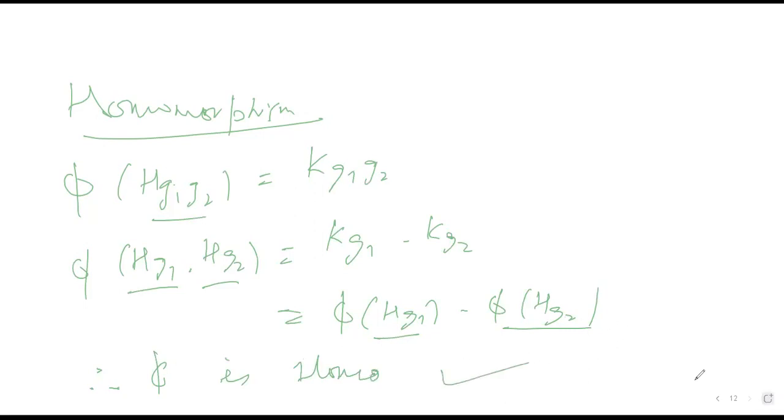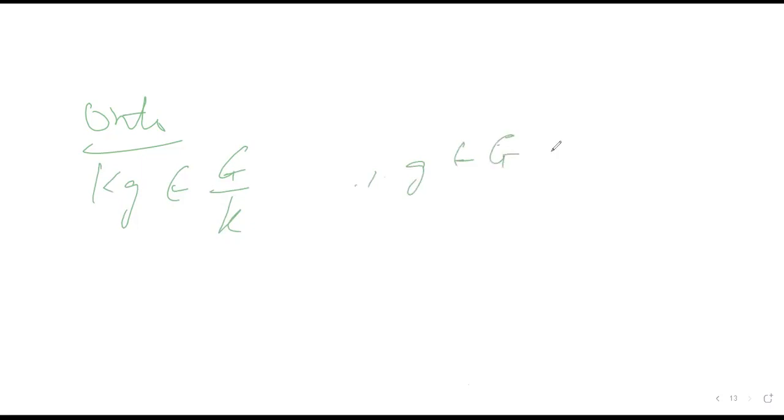Pretty simple, no brainer. Now I have to prove onto. This can be a little taxing because you have to write a statement and think about it. Sometimes we don't even understand. If you're writing the obvious thing, is it true or not? So we take the element on the right side. Let Kg belong to G by K, for some g belonging to G.